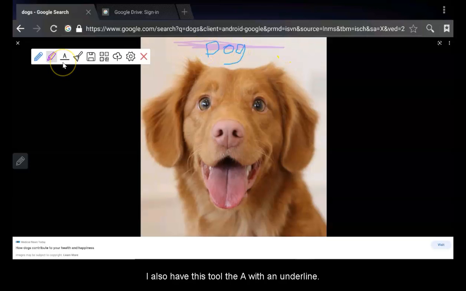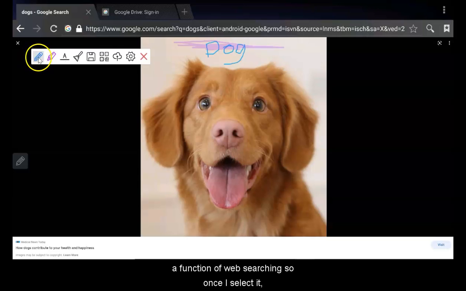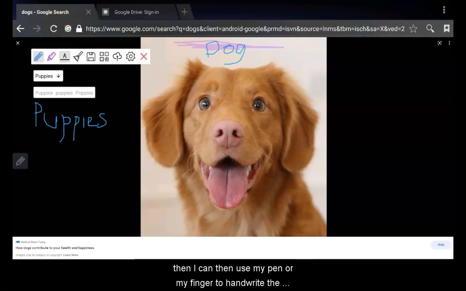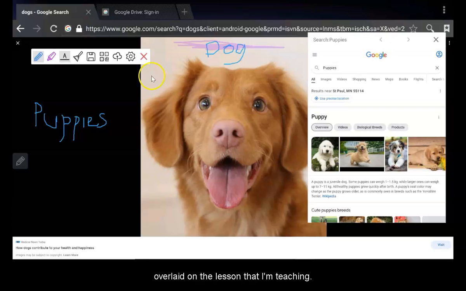I also have this tool, the A with an underline. In the browser, the A with the underline has a function of web searching. So once I select it, I can then use my pen or my finger to handwrite the word I am looking to web search. It will ask, is that what you want to search? I say, yes, that's what I'm looking to search by selecting the down arrow, and a search pane pops up